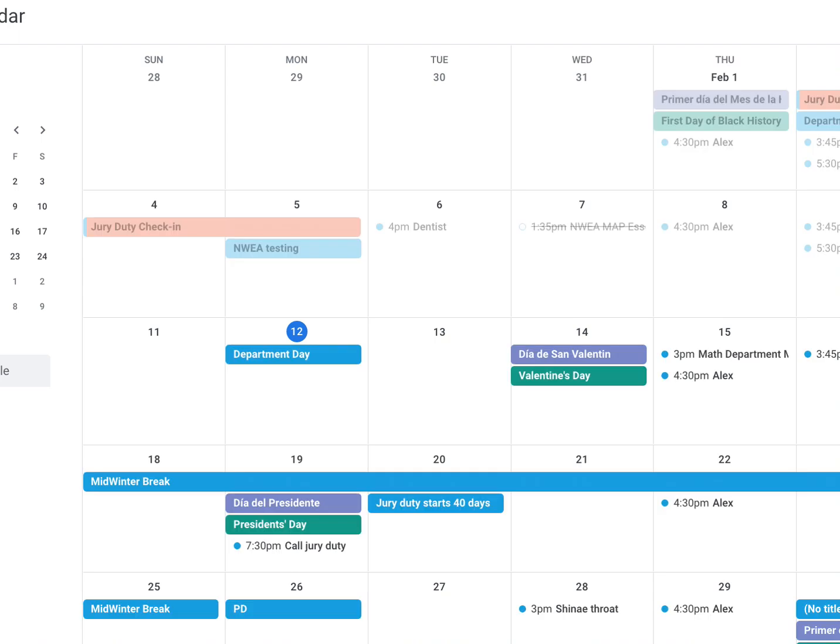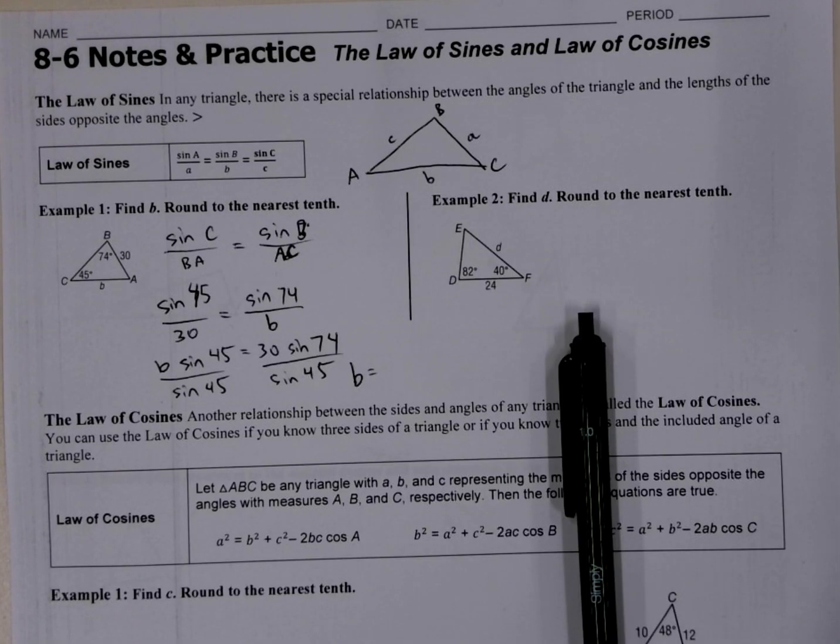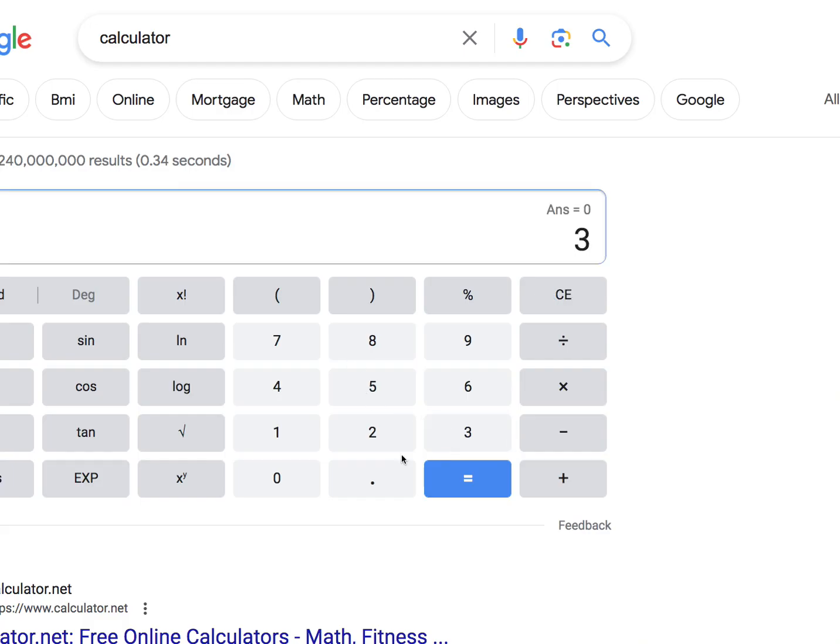Oh, that's calendar. Calculator. So what am I doing here? So it's going to be 30 sine of 74, 30 sine 74